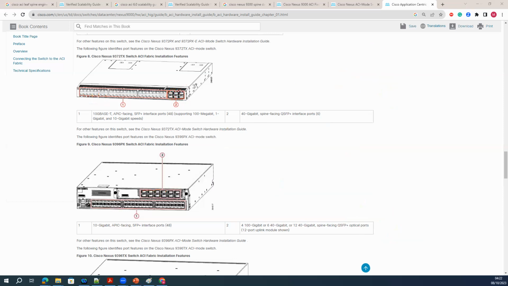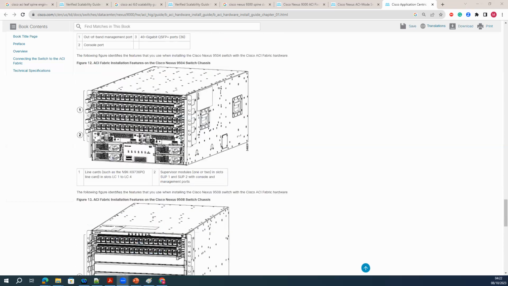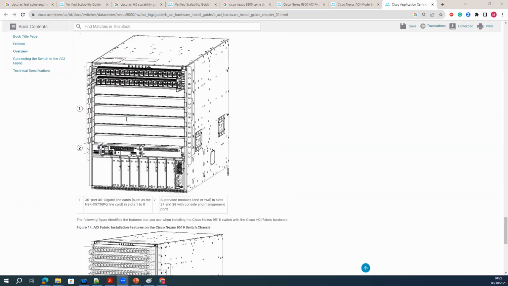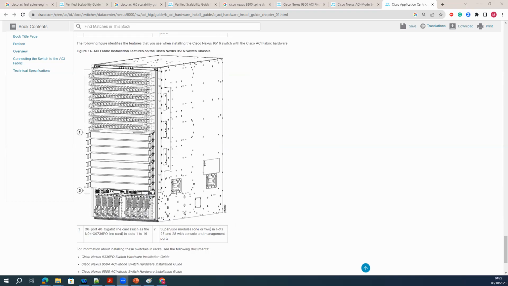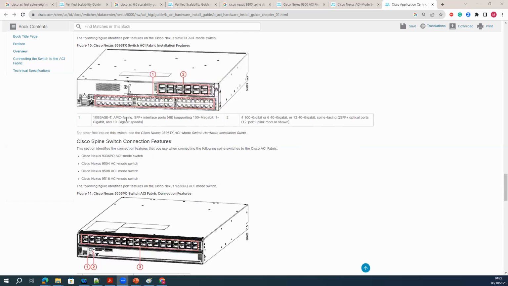Right. Okay. Just one question. Is there any option given by Cisco where in certain conditions we can use normal access ports as leaf ports?